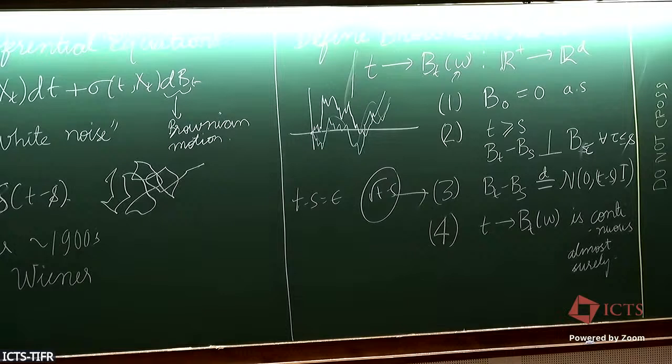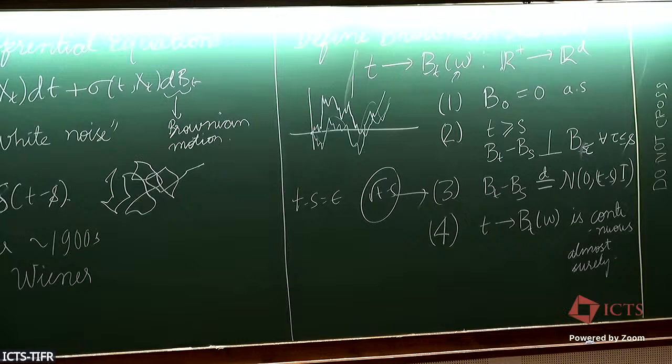Okay. So let me get back to here. I showed you how to construct this. It's a very nice theory. Actually, you can construct a probability over a Hilbert space, and then you project it back to R^d. I would actually recommend that you look it up. We construct a probability distribution over L2 of R plus, the set of all continuous functions from R plus to R^d, and then it's a Hilbert space, and then we use a countably infinite number of Gaussians to construct an isometry to that and construct it. And then use something called the Kolmogorov continuity theorem.